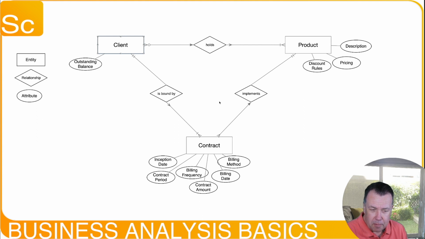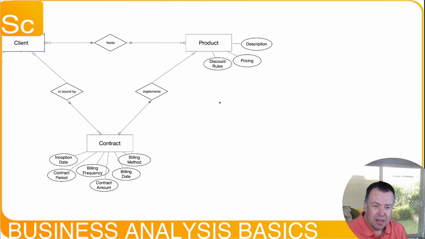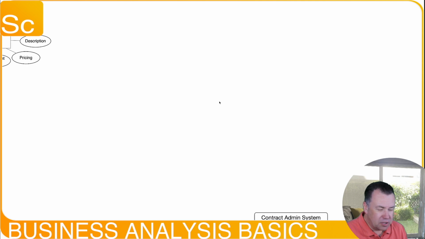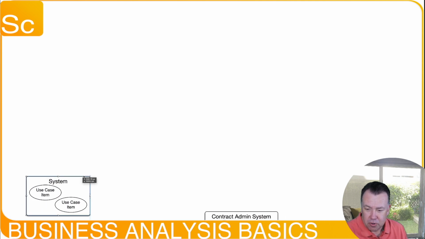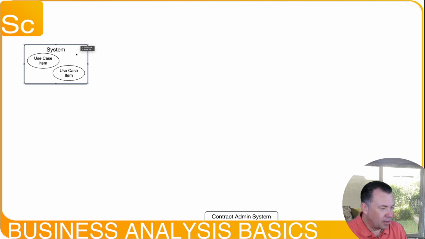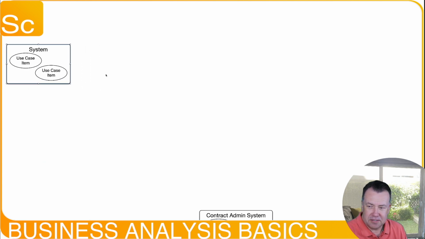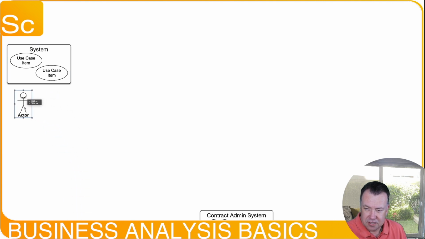And this is more about how the system will be used as opposed to how the data in the system will relate to each other. And to do a use case diagram, we've got some components again. We've got a system, and a system has a number of use cases in it. And then we have actors,